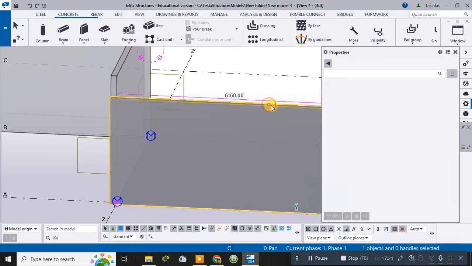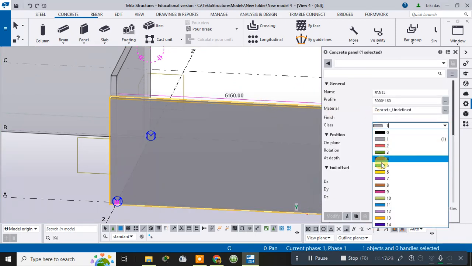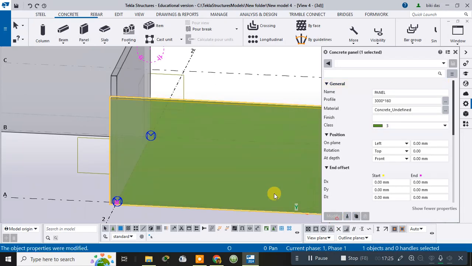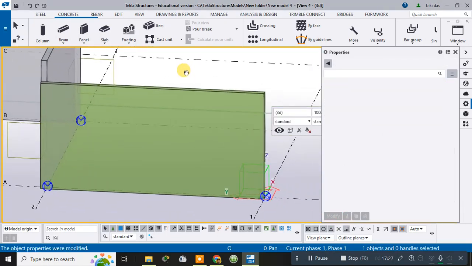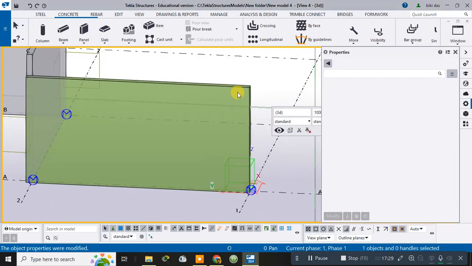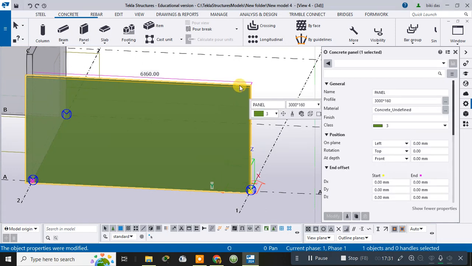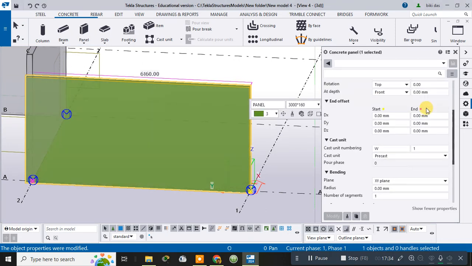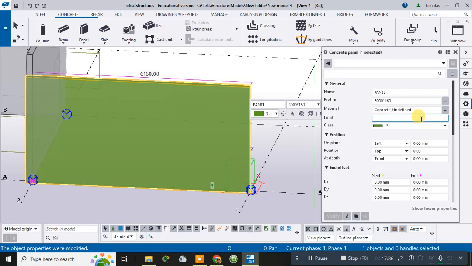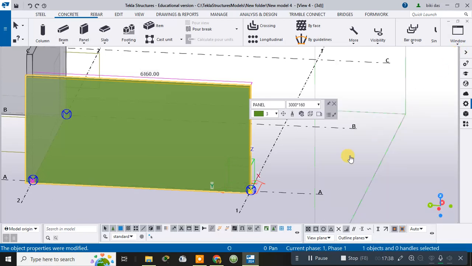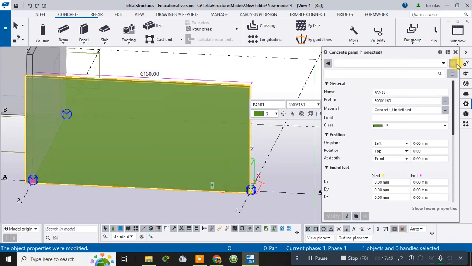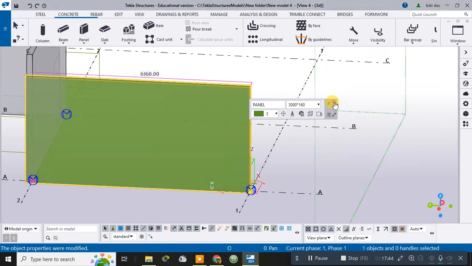Now I can even change its properties, like its color. Suppose I change its color and modify it. This is how we can modify its properties. Suppose I double click on this wall panel. After double clicking on this wall panel, the properties present here I can change. But in spite of that, what I can do is, if I close this and single click on this wall,